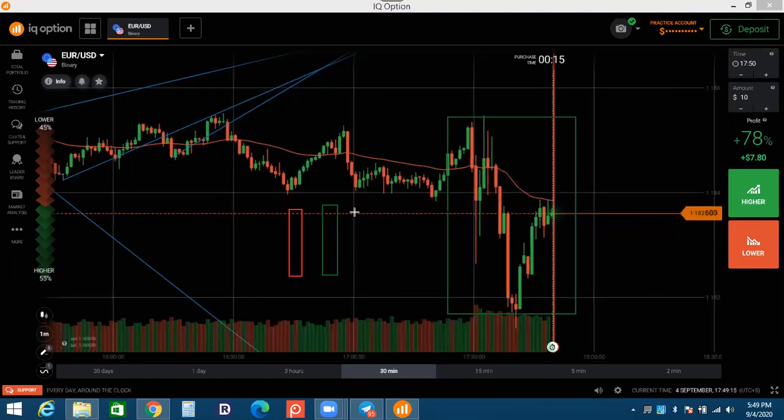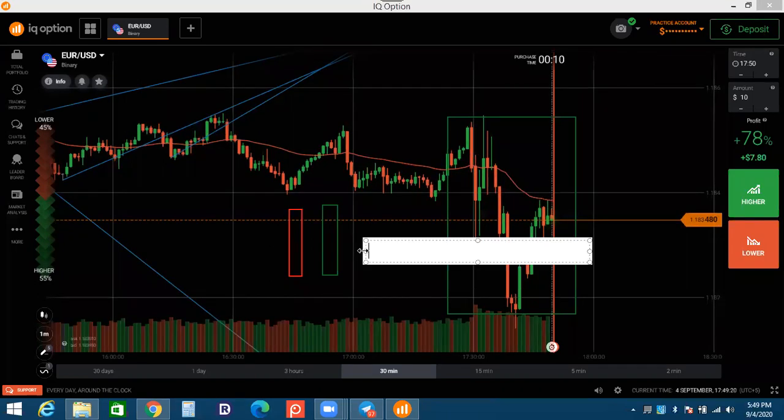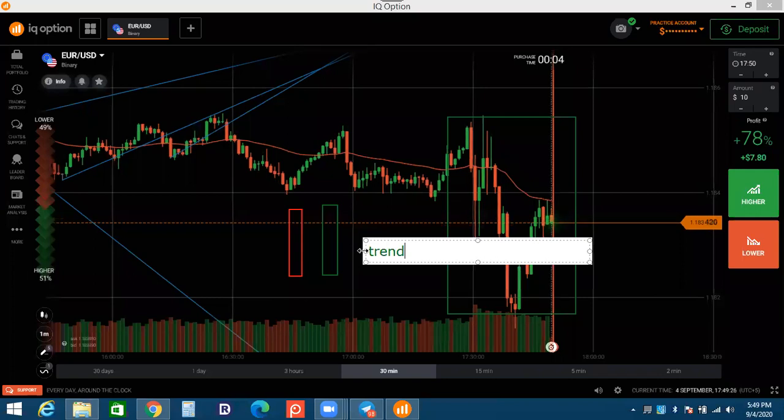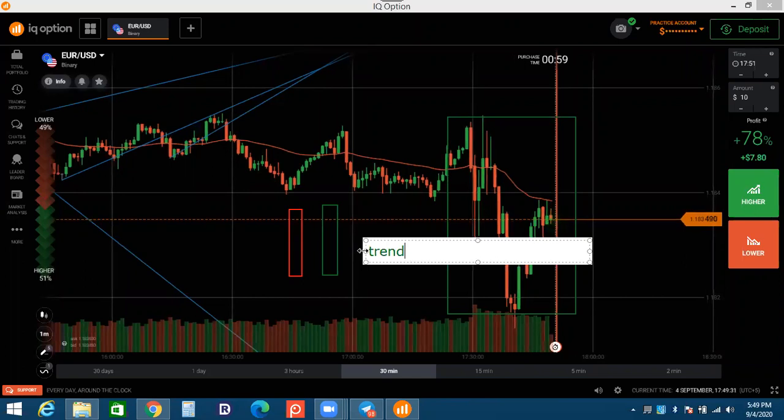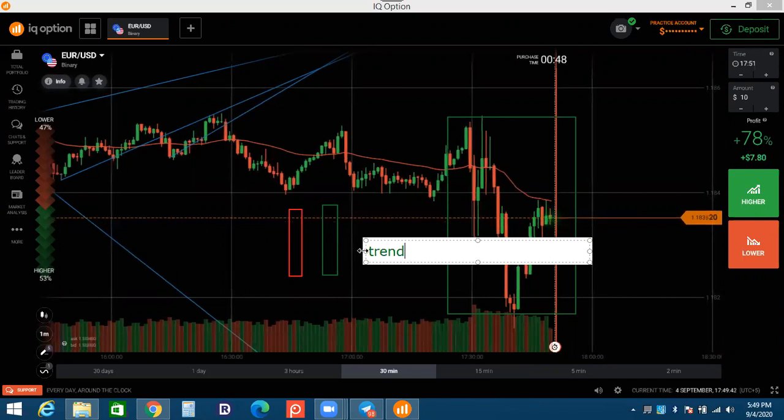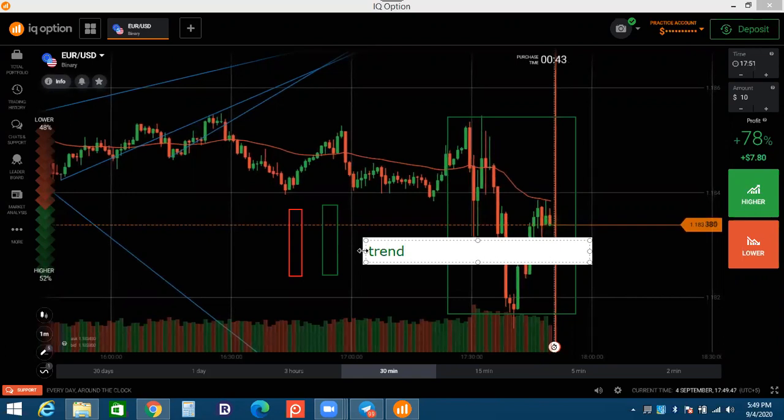And this is a trend line. Everyone knows this is a trend line. So the trend line strategy works in a trend. It will not work in a ranging market. Keep in mind, the trend line strategy only works in a trend. Where you see the trend, you trade on this one. The trend can be any type, like a healthy trend or a strong trend. A strong trend has a higher winning ratio, and a healthy trend has a lower winning ratio than a strong trend. So that is the strategy. If anyone has any query, ask me and I can clear it.